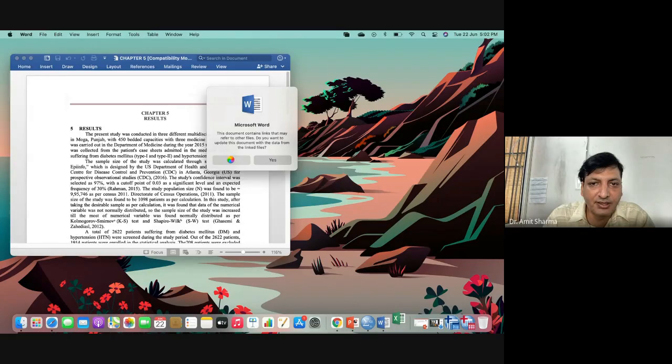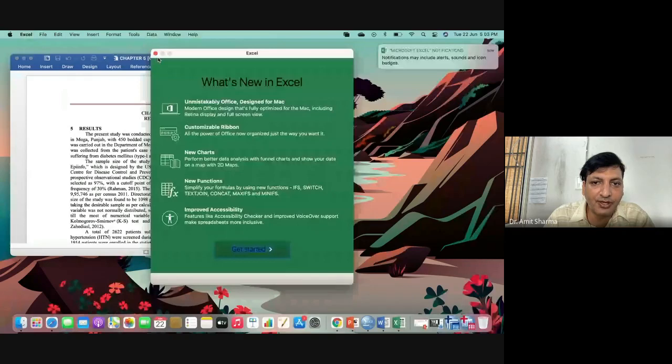See, why am I getting this error? This document contains links. That means I have used hyperlinks to refer to the tables and the different figures in my thesis.